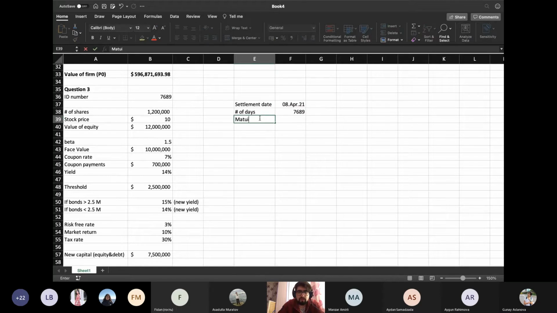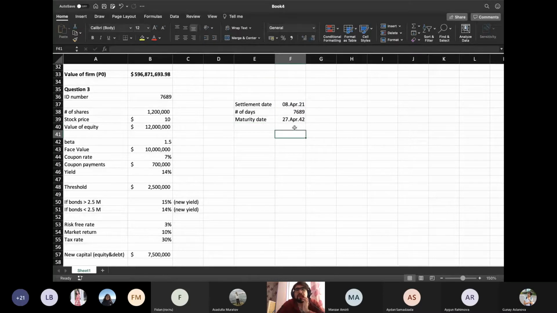So our maturity based on the question, maturity date is 8 April plus that one. So 27 April 2042, our maturity date. So if settlement date is 8 April, maturity date is 27 April 2042. Our last coupon date,